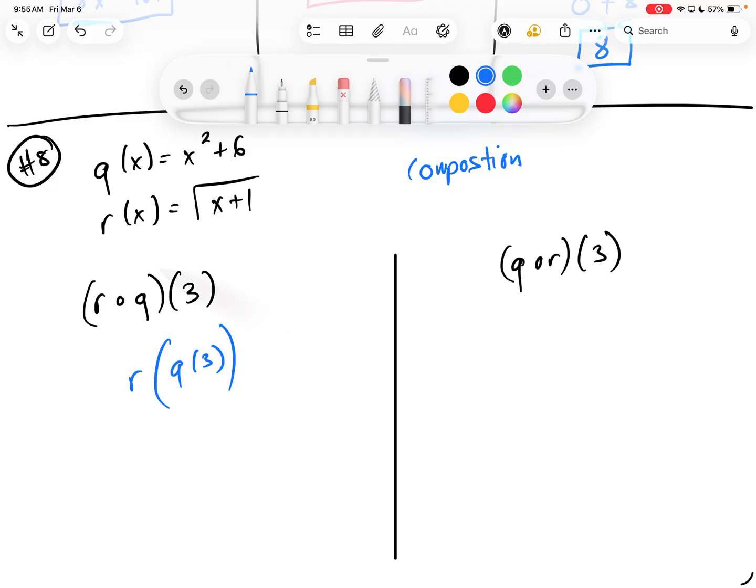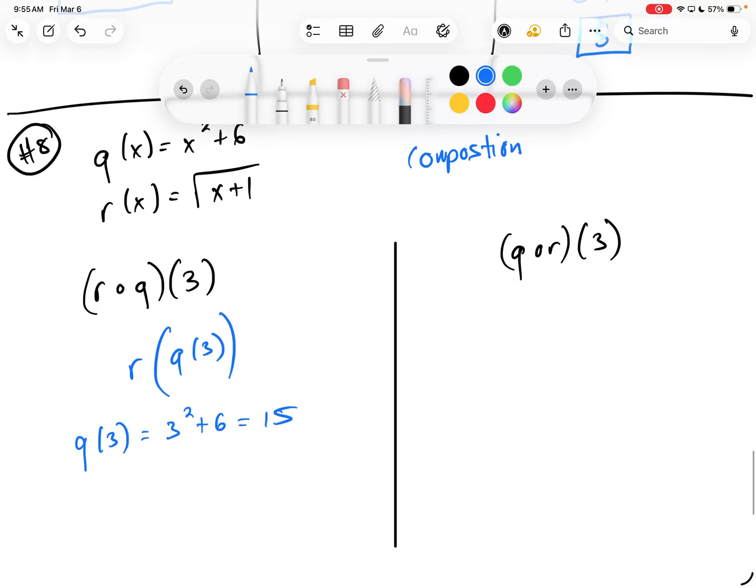So work backward. The first thing I do is plug a 3 into Q. If you work backwards, 3 into Q. So 3 squared plus 6 is 15. Now what this is saying is I know that this right here, Q of 3,